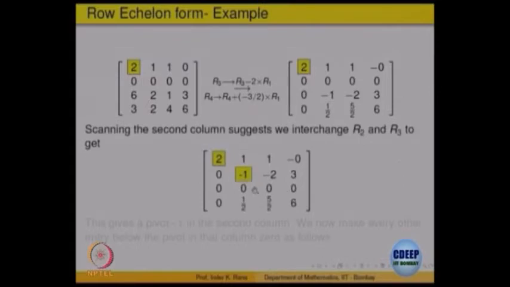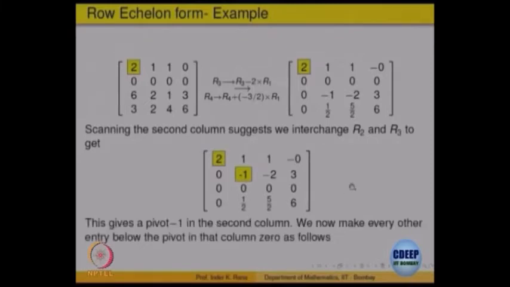Once you do that, you will get minus 1 up, minus 2 up, 3 up. So, you will get a pivot in row 2 also. On the left it is 0, that does not change at all. And now, once again the operation should be to make everything below the pivot equal to 0 by row operations. So, this is already 0. Multiply this by 1 by 2 and add.